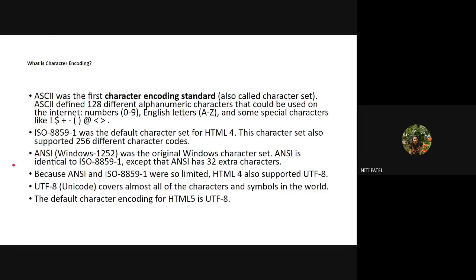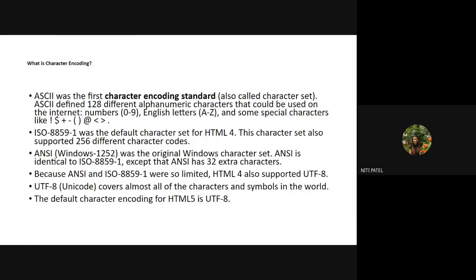So whatever keys you see on your keyboard, you press any key, that key will always get converted into ASCII form and then it will be displayed on your web page. It doesn't show directly on the web page. It will first perform the ASCII character coding and then it will display it on your browser page. Is that clear?